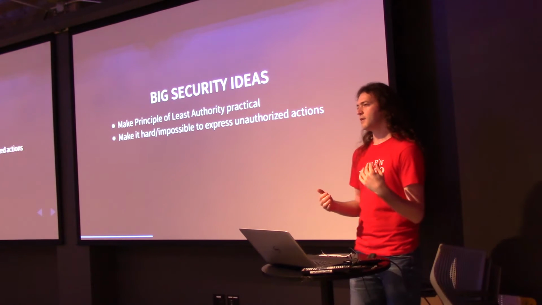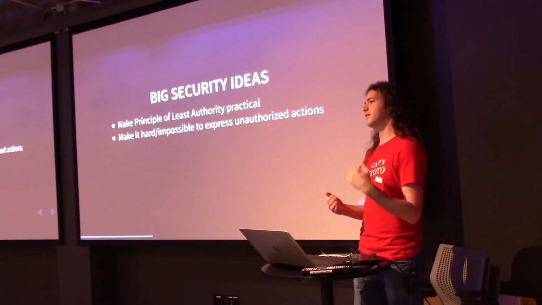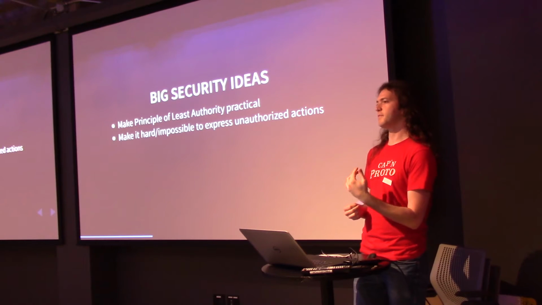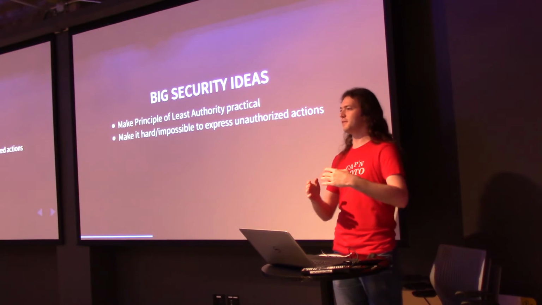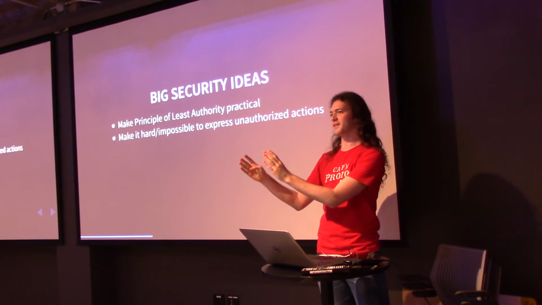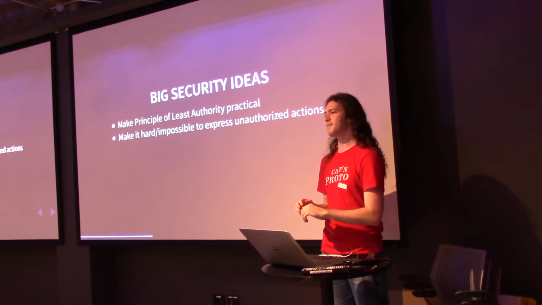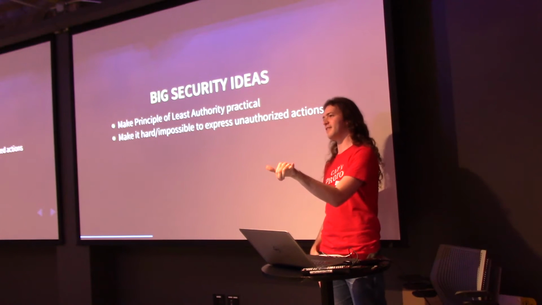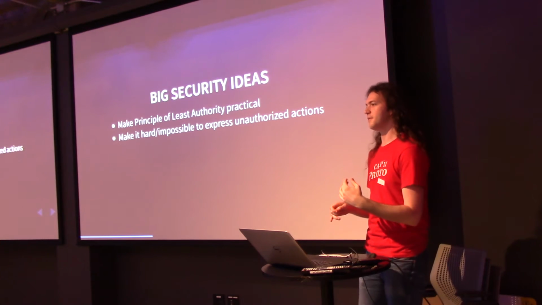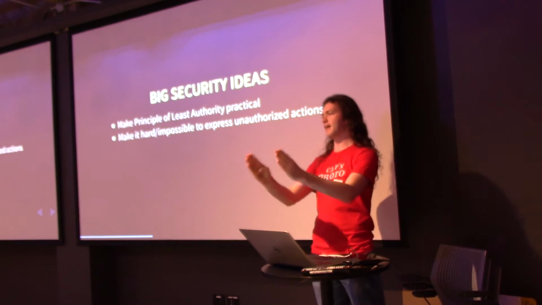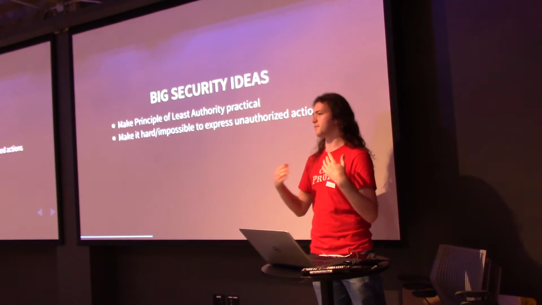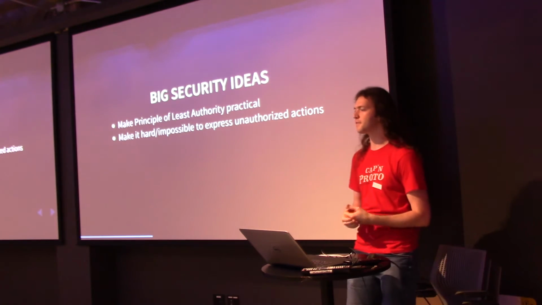The other big idea is that we want to make it hard or impossible to express unauthorized actions. One of the challenges with making systems secure is that we tend to build the functionality and then we build the access controls later, or separately, or it's a different team that's building them. And what that means is that you can wind up with a mismatch where you've successfully written the access code, but you haven't successfully written the access control code. And so users are able to express that they want this action to happen, and instead of being denied by the access controls, the thing happens anyway,